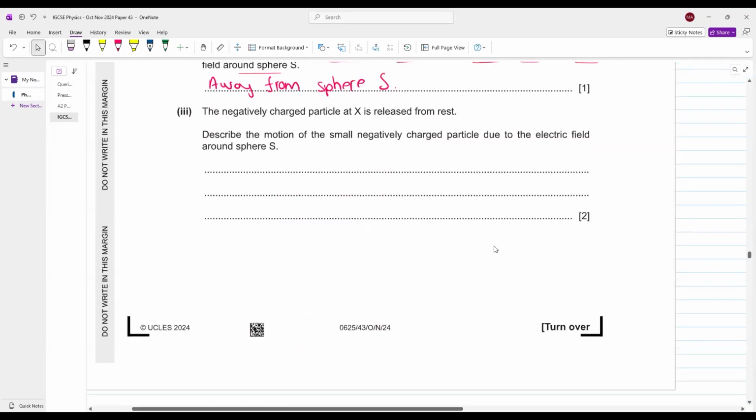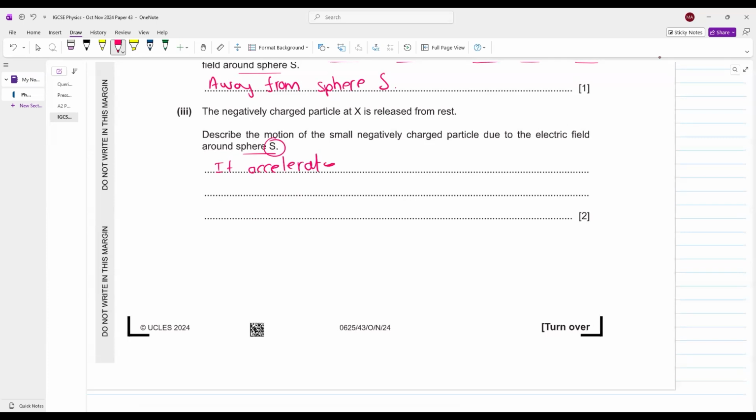Simple. The negatively charged particle at X is released from rest. Perfect. Describe the motion of the small negatively charged particle due to the electric field around sphere S. What will you say? What will happen to your negatively charged particle? It will accelerate or move away from the center of the sphere. You can say it accelerates